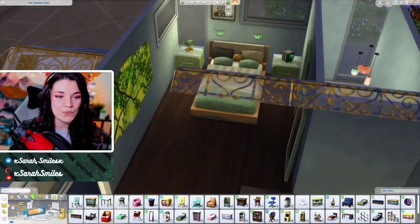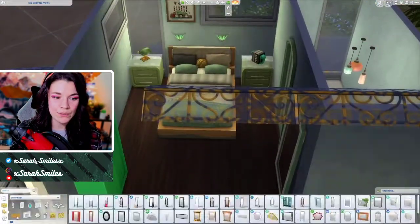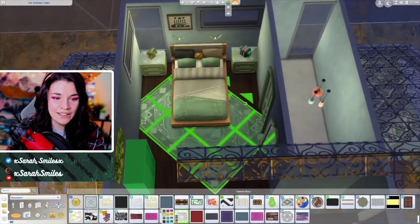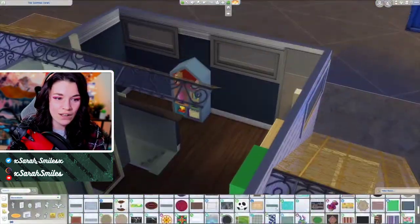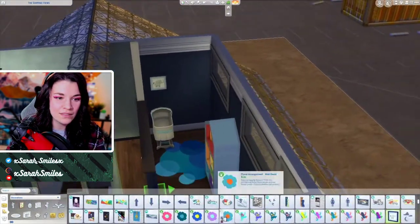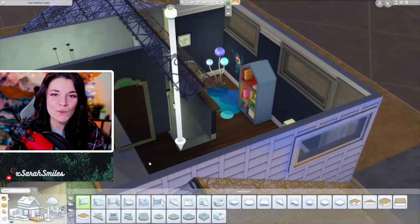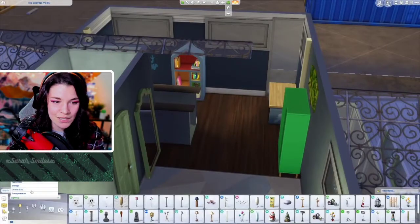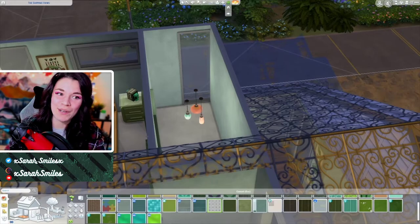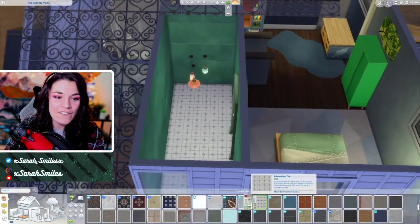But I did put most of the baby infant stuff up there at the top. That is the wardrobe that I wanted to use, and I thought it turned out really good. I liked this carpet and rug option. I don't actually remember which one I went with. I'm trying to think now. But I went and put some cutesy stuff. I don't usually do a lot of cutesy kid stuff because they age up so quickly in my games. But I really liked this little baby nook that I have. I'm gonna call it the baby nook. And then I gave up on the